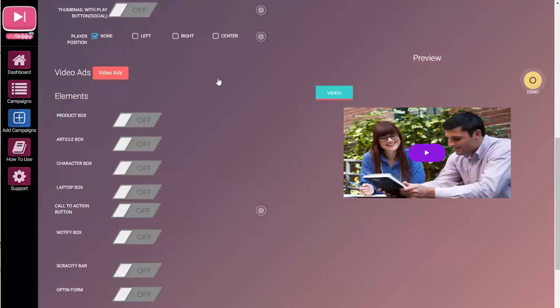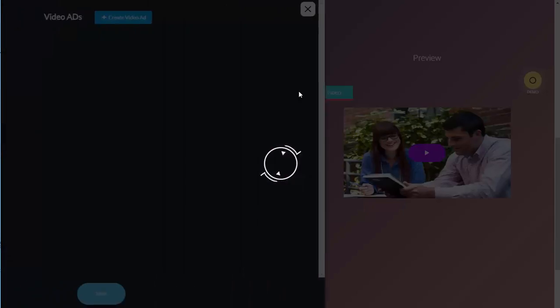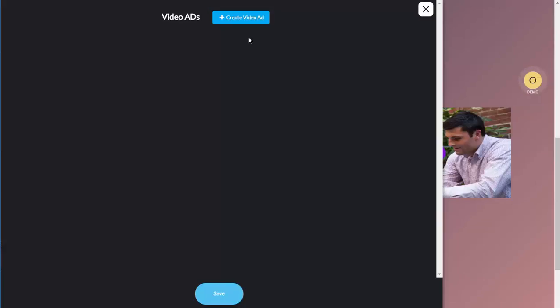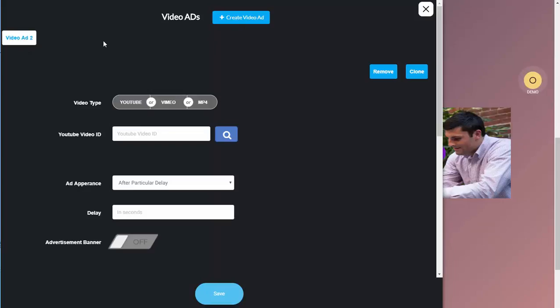Now, something else I've been reminded to mention, something that I forgot, is the video ads. Now in VidSkippy 1, you could add one video ad. With VidSkippy 2, you can add as many as you like. So if you wanted to have multiple video ads, they could all be different, they don't have to be the same. You could have multiple different video ads in one video. Obviously this would depend on the length of the original video. But if you've got a video that's long enough, you can put as many ads in there as you like,